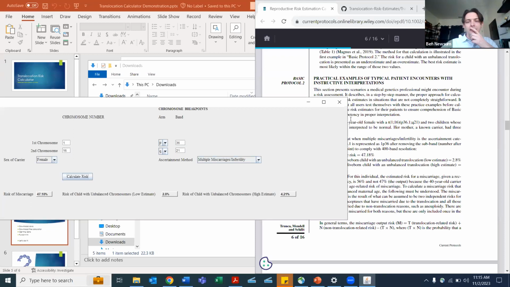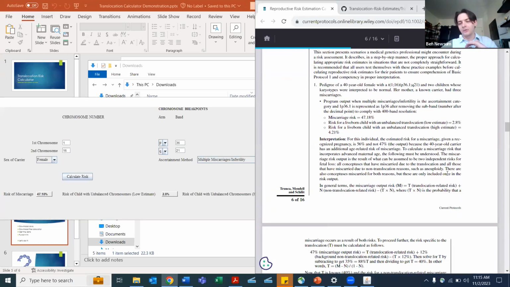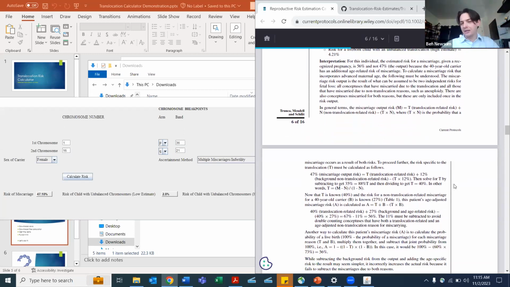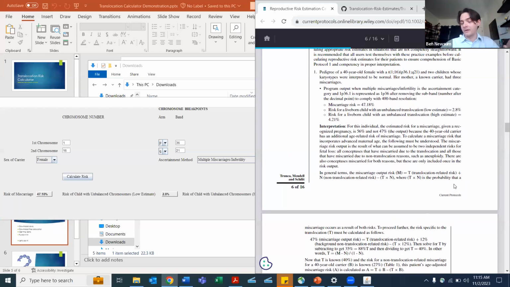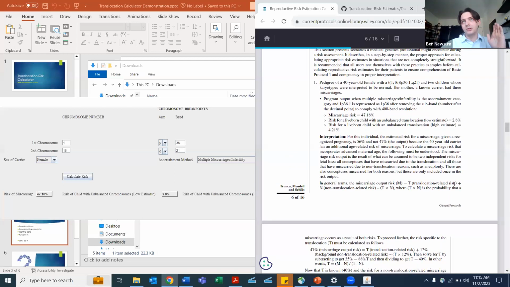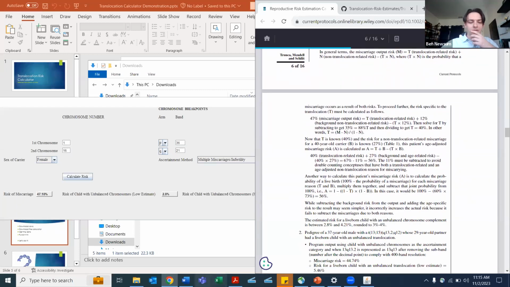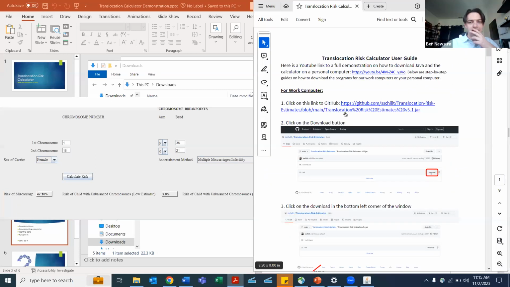If you look at the paper, it goes through how the risk for miscarriage is calculated, and the reason why this number isn't accurate is that she's over 35. For anyone under 35, they use 12% as the population risk for miscarriage, but that risk does increase with age. And so we actually have an Excel document that's attached to the walkthrough that I'll send,